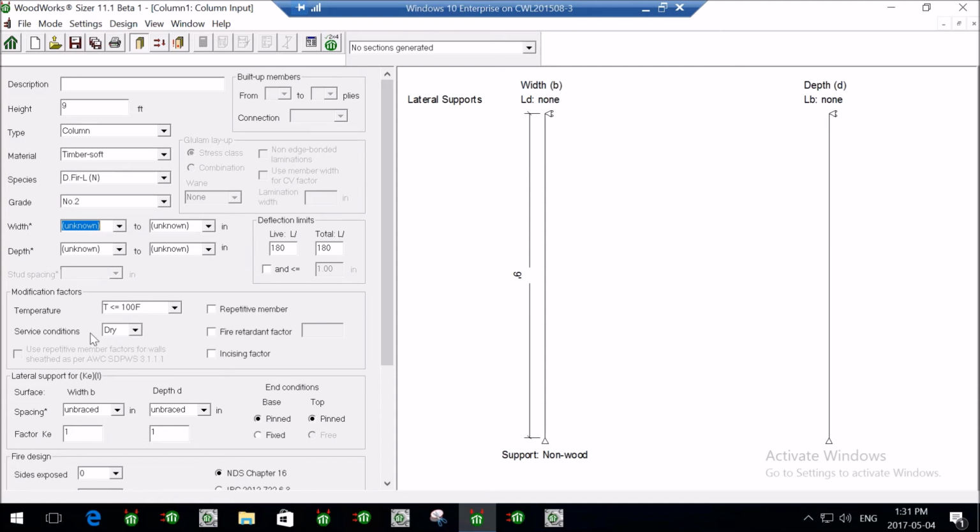Below here you can add your modification factors. If you had a glulam, there's some combinations of things you need to do related to the stress class and the combination. And up here, if you did have a built-up member, this is where you specify the number of plies and the type of connection, which is going to affect the capacity. As well, these deflection limits are pre-populated for you, but you can modify them if you deem that suitable. If it was a repetitive member, you could specify that here, or if you have a fire retardant factor or incising factor. As well, the temperature factor associated with